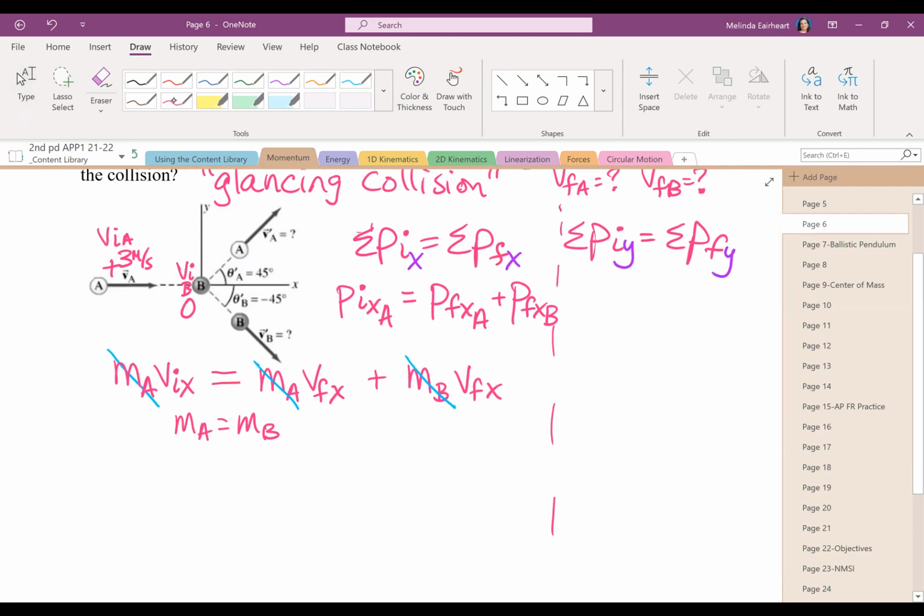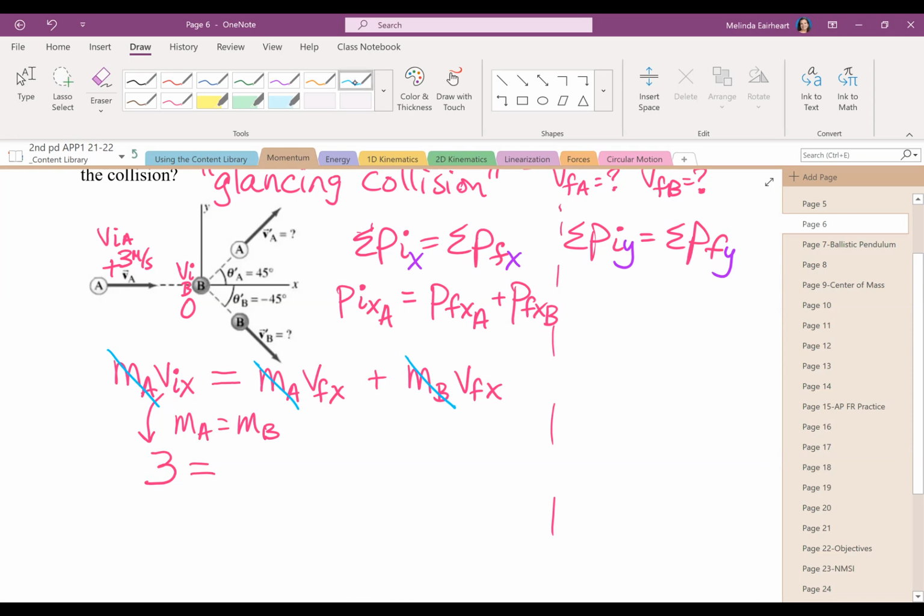And so then we can plug in the initial velocity of ball A before the collision, 3. But I don't know the velocities in the horizontal after. That's what we're trying to find. Well, is it? They didn't ask for the horizontal velocity. They asked for the speeds, what their actual motion was. And so let's think about a little